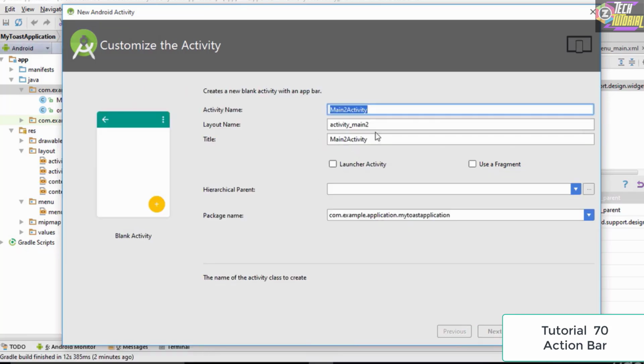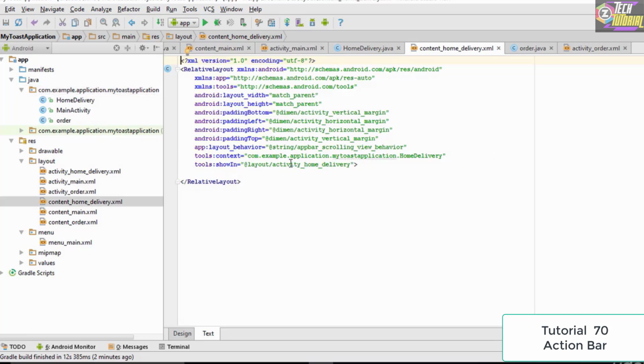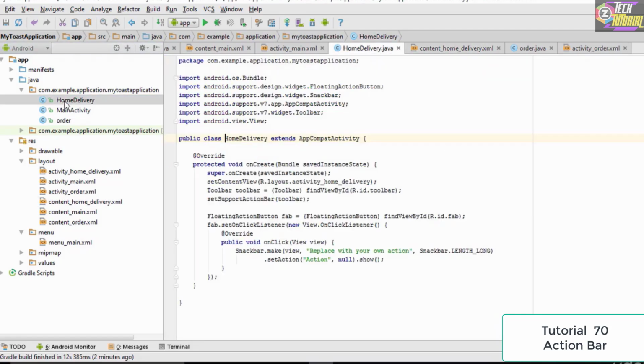And let's name this activity as home delivery. Then finally click finish. And as you could see, the new activity is going to load up for us. So as you could see, this is the new activity's XML file, and right here is the Java class for